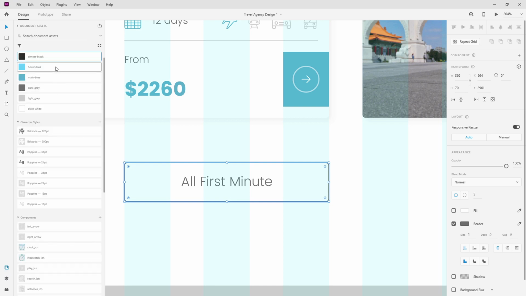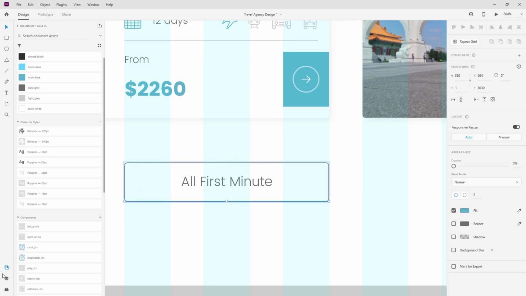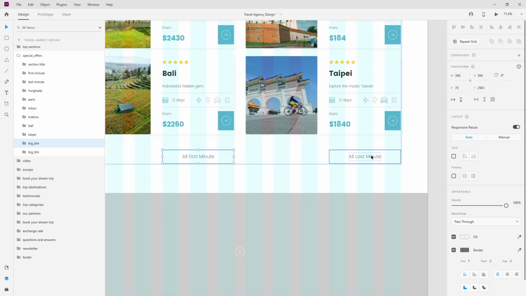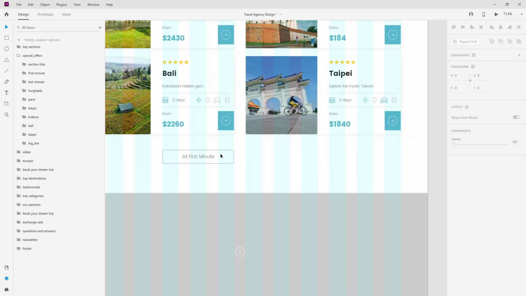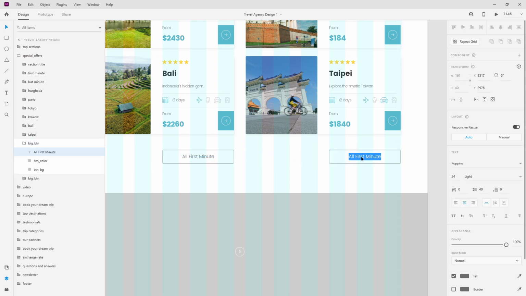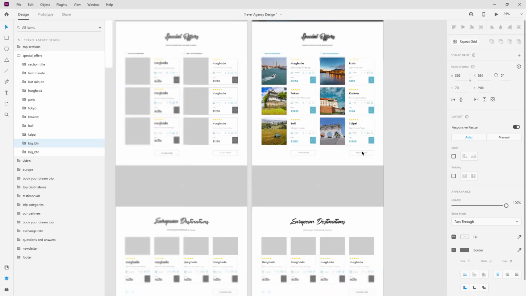And do the same thing like we did right here. So main blue, hide the border. I'm going to give it a height of 1, simply move it down, lower the opacity down to 0, and basically call it a day for this one. And I'm going to delete this one, duplicate this one, move it right here, change its name from all first to all last, like that, and just move this one up a little bit